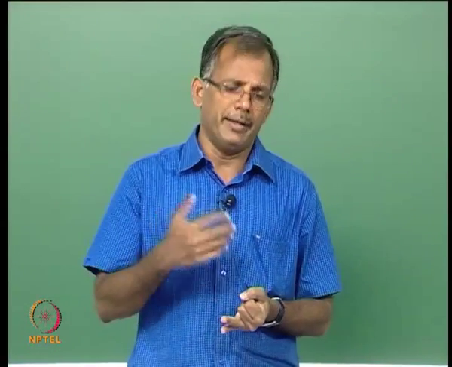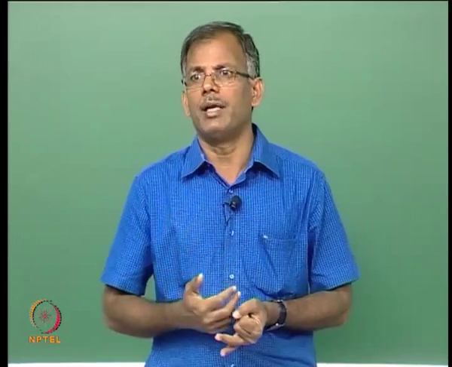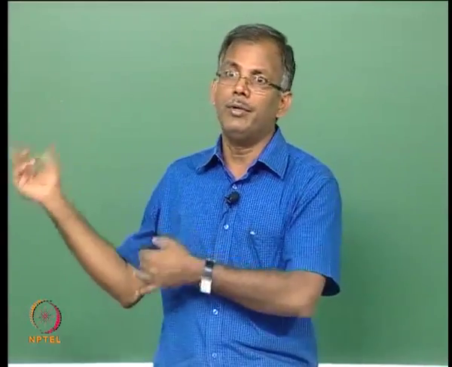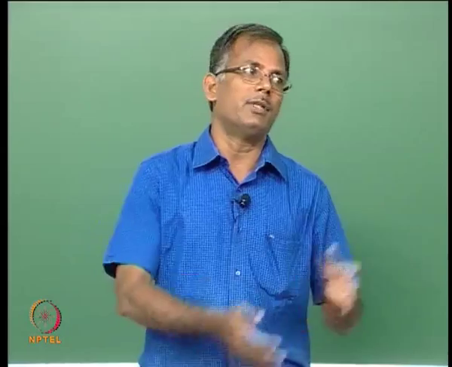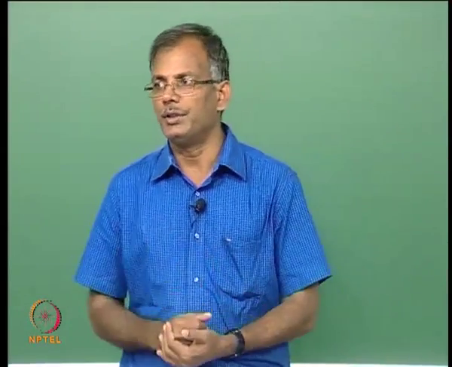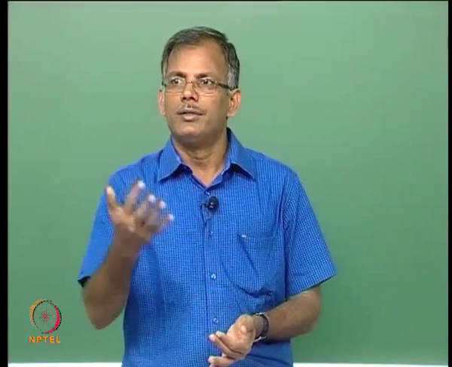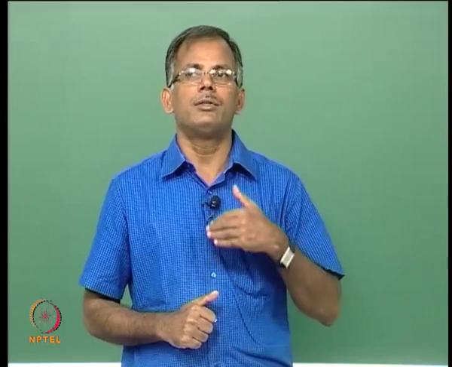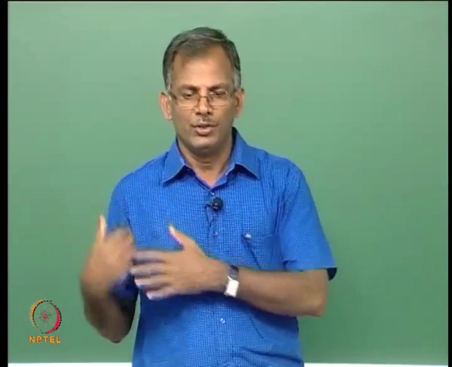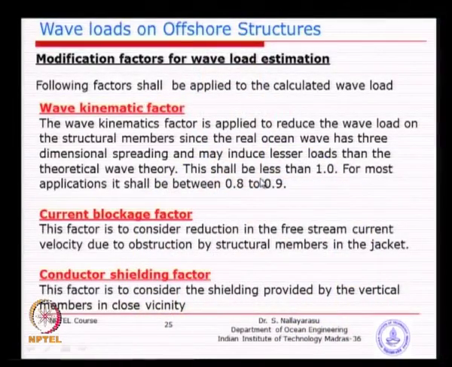It was proved by Morison himself, they have done prototype testing by doing measurements offshore and measurements in the laboratory and then doing the computation. They found that the theory always gives you a larger value than the measured values. So, what they came up with is a reduction factor. If I have a 12 meter wave height or 10 meter wave height, I do the computation, I simply reduce by 8 to 10% irrespective of geometry.